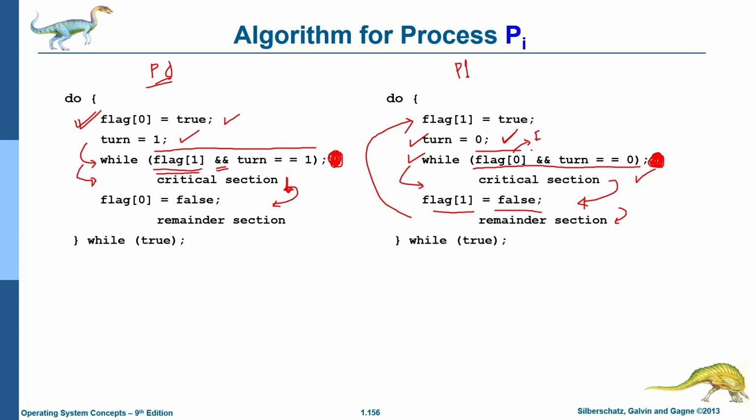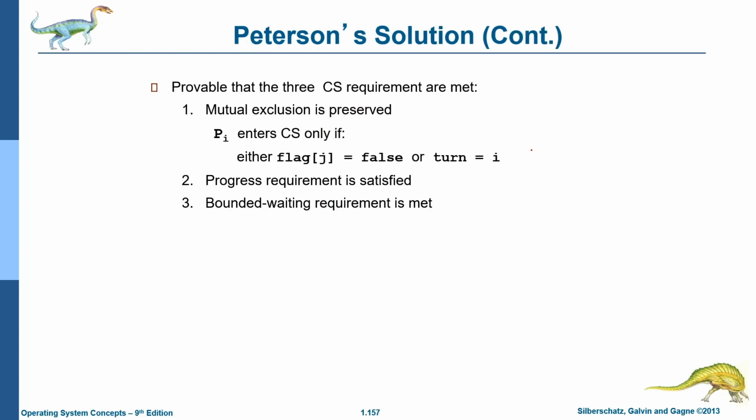Are you all able to see what's going on here? How they are maintaining this condition that only one process can be inside its critical section using these two shared variables, flag and turn? Yes, sir. Okay. So we can prove, and this is where we will stop the class after this slide,